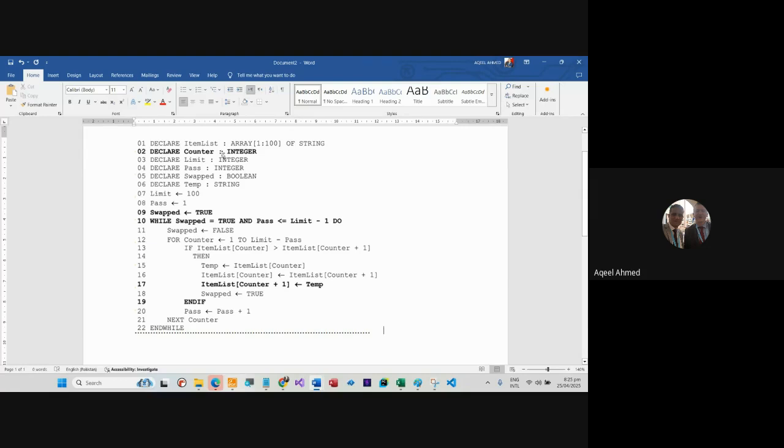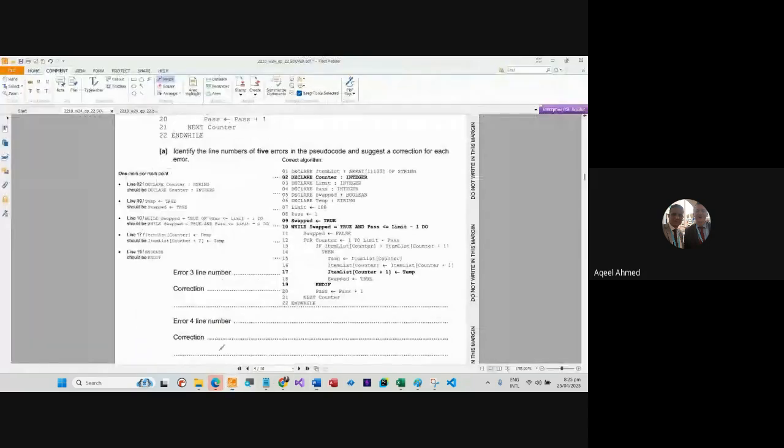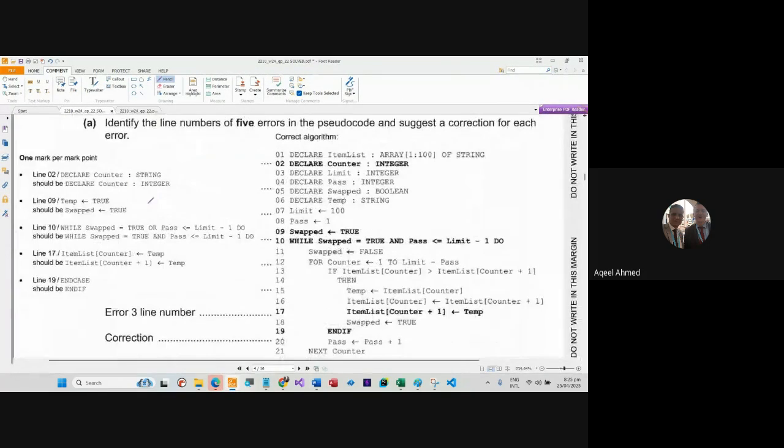Line number 2, this was the correction you suggested: integer. Line number 9, this should have been swap. Line number 10, this should have been AND. Line number 17, this should have been counter plus 1. And then line number 19 should have been END IF. How do you answer that? You were supposed to answer in this form,